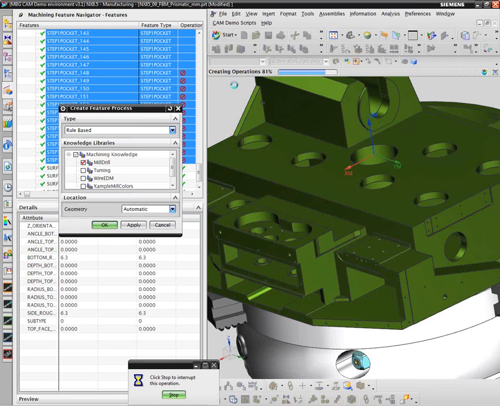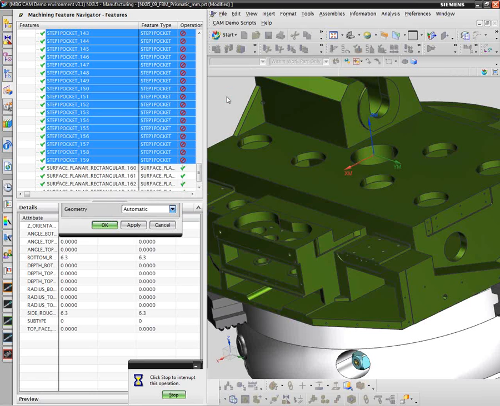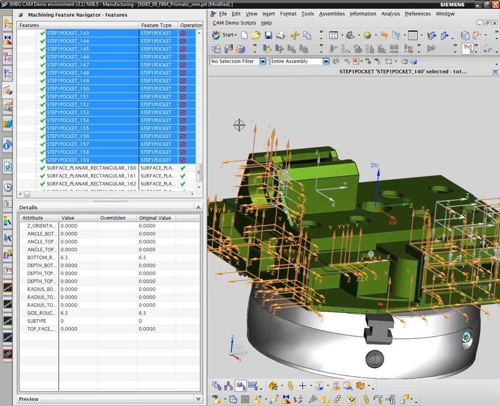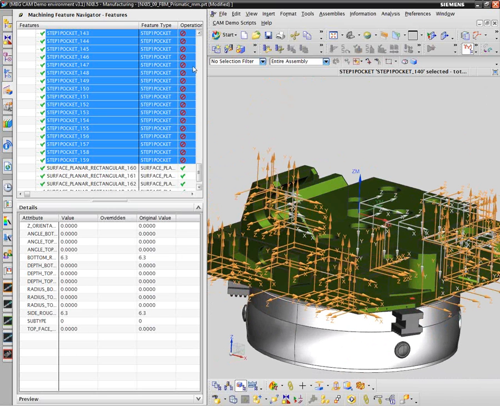We're almost done here. The operations have been, we're now about 90%, 97%, 100%. Okay. Now you see that we have all these different operations created,